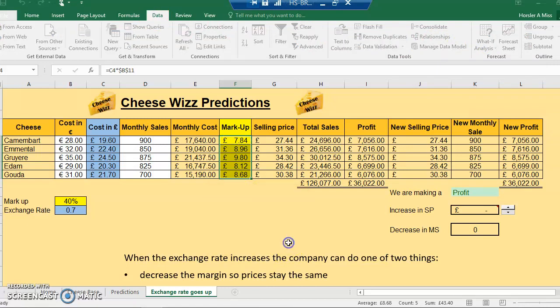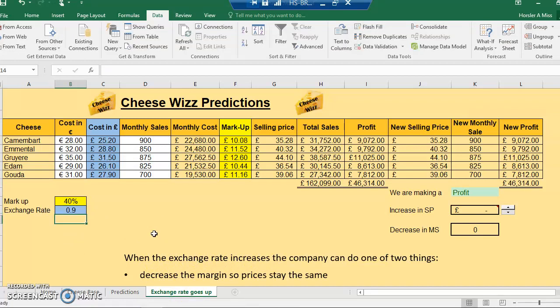Actually I missed a step, cancel. Alright, so it says when the exchange rate increases. So at the moment it's 0.7, let's make it 0.9, and you can see that obviously we're making more money, but they wanted to